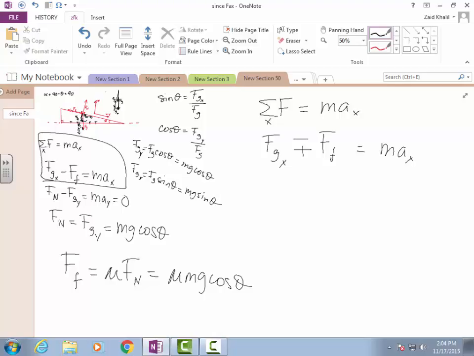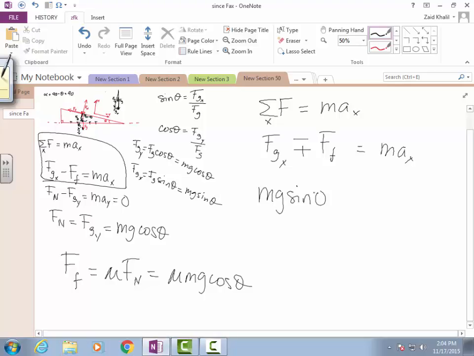So we can write this. What is F_gx? mg sine theta minus plus, what's F_f? Mu mg cosine theta equals m a_x. We can solve for a_x. We get a_x equals